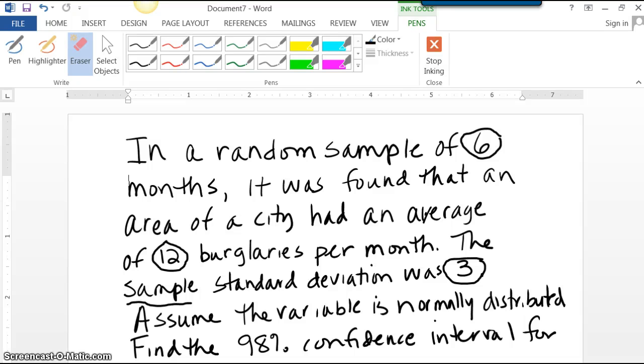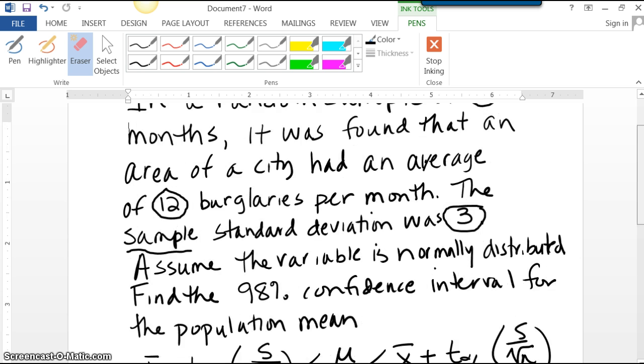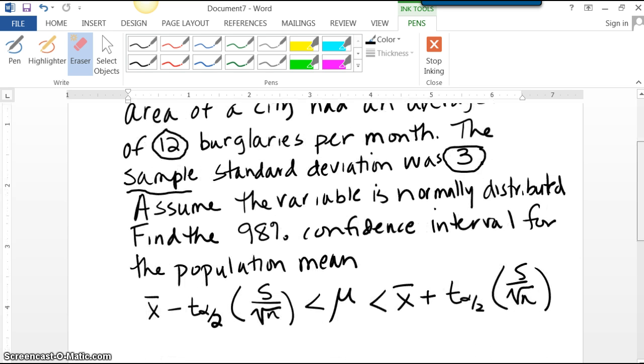This is going to demonstrate how to use the t-table to create a confidence interval. It says in a random sample of 6 months, it was found that an area of a city had an average of 12 burglaries per month, and the sample standard deviation was 3. We're going to assume that the variable's normally distributed, and we're going to find the 98% confidence interval for the